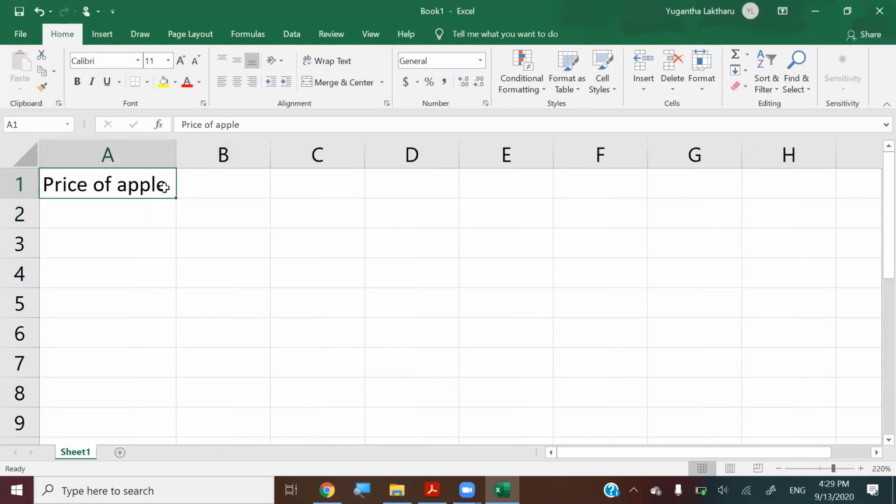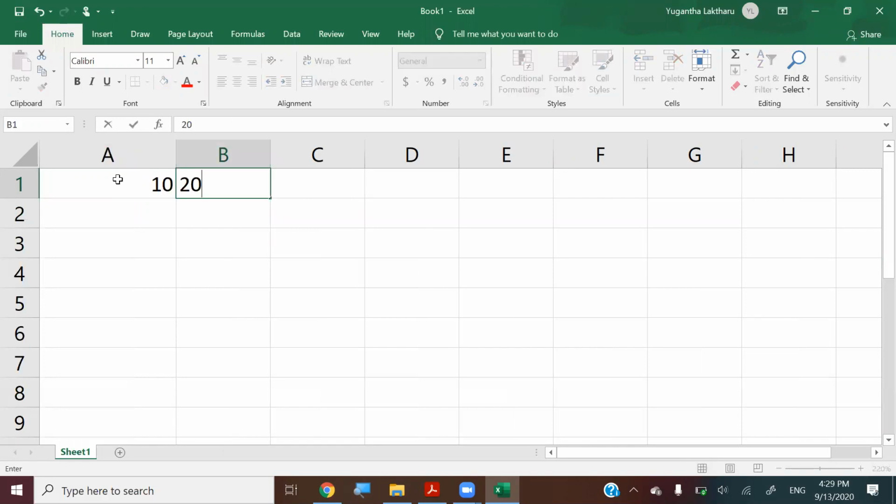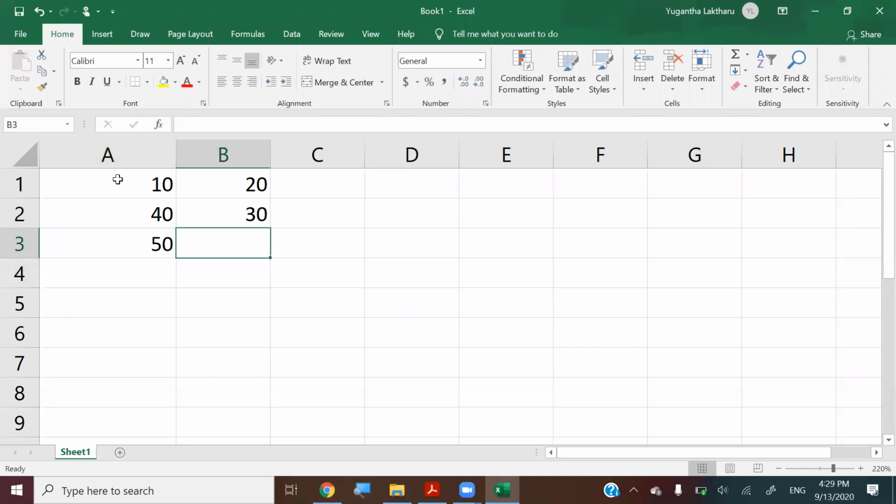No, let's not make things complicated. Let's just go with simple values. I'm going to take 10, 20, 30, and 40, and 50, and 60. Right. So what I'm going to do here is write a formula using the cell